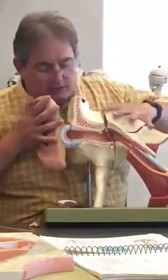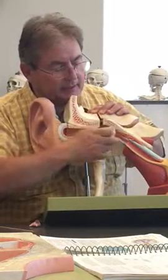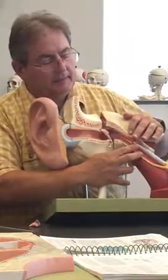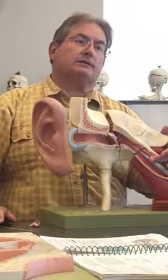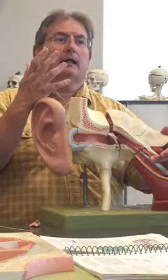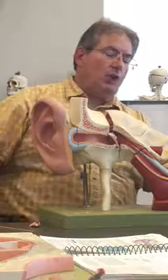So the middle ear, as best as we can see it then, is this area right here. Let's put the tympanic membrane back in place. Attached to the middle ear is a tube that runs down to the area known as the nasopharynx. The nasopharynx is part of the oral cavity. It is above the soft palate, so you can't access it. But this opening right here